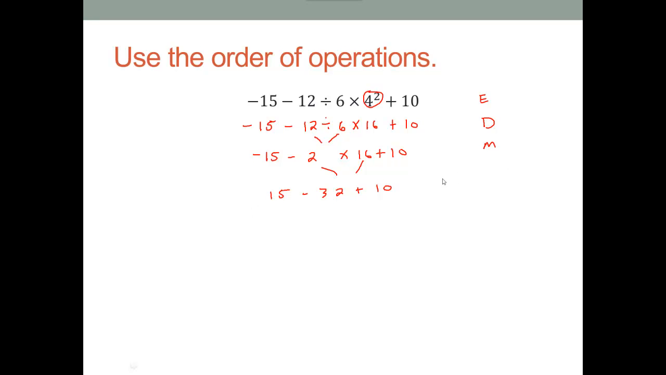Now, same thing with addition, subtraction. In this case, the subtraction comes first as we go from left to right. So we have $15 in the bank, and we spend or take out $32. It's going to put us at a negative $17. And then if I have negative 17 in the bank, and I'll make a deposit or add $10, that'll put us at,